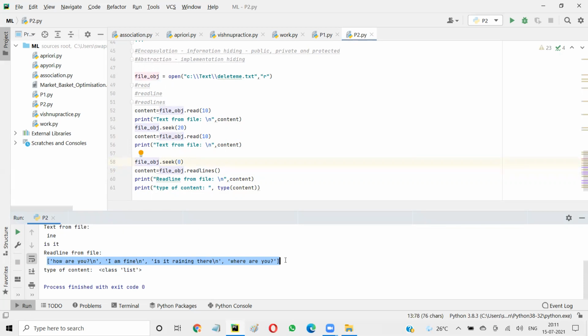Okay. So you can read the entire content using read, or you can read some part of it using read and passing a variable inside it. You can read one line at a time using readline. You can read the entire content as lines using readlines. Yes, sir. So similarly, we have something called as